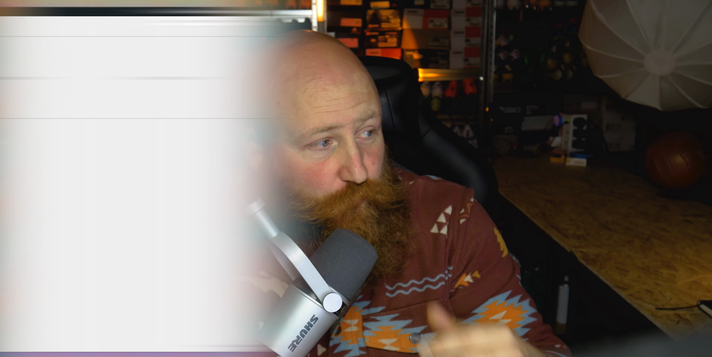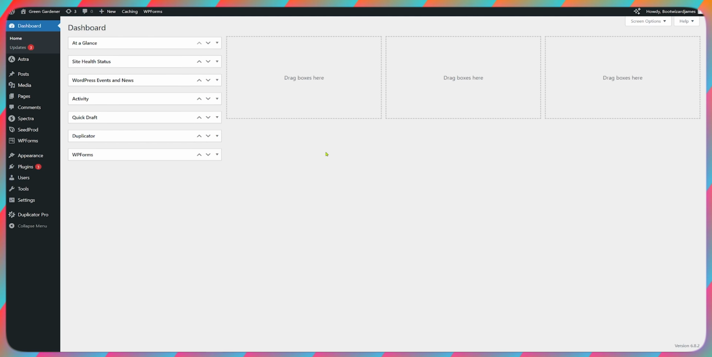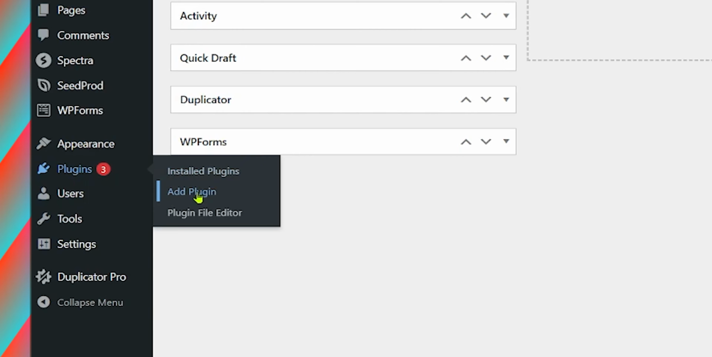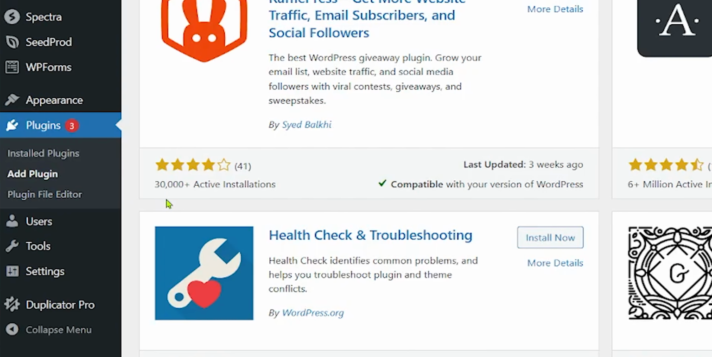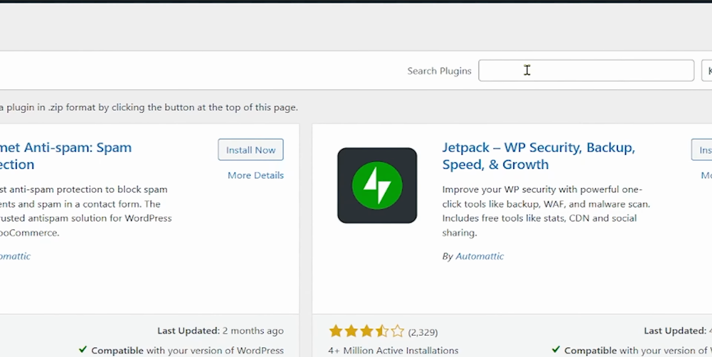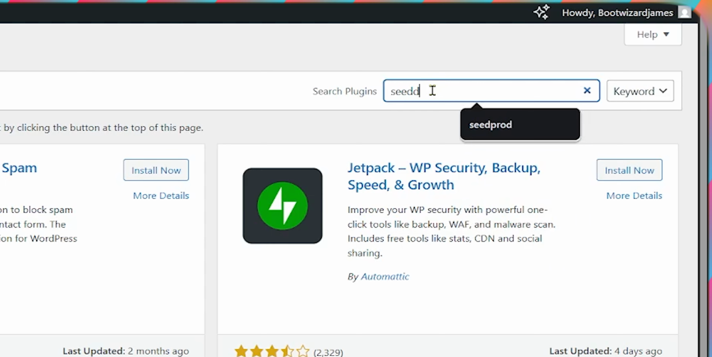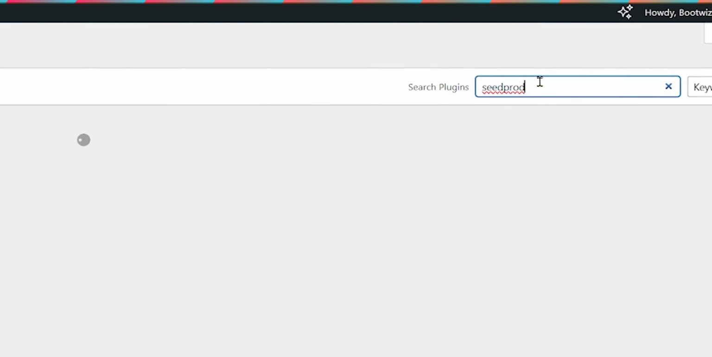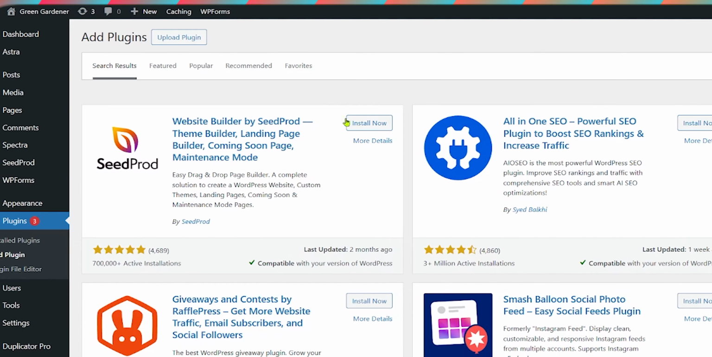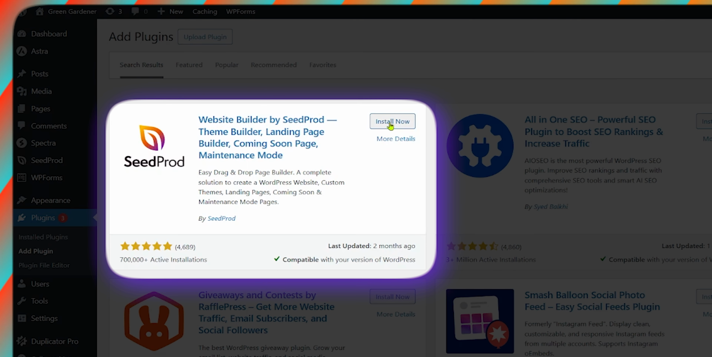Okay, so the first thing we're going to need to actually get this done is something that's going to make it very easy for us to create, because we don't want to code anything at all here. So the first thing we're going to do is head across to plugins just here, go to add plugin. Now, up in the top right hand corner, you've got search plugins, and we can just search for SeedProd. Nice and simple. That's going to pop up on the top left here, where you can click on install now